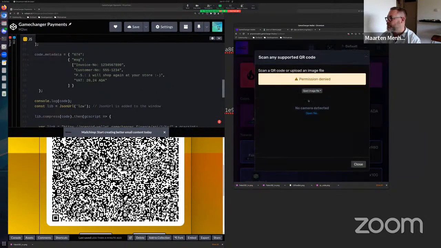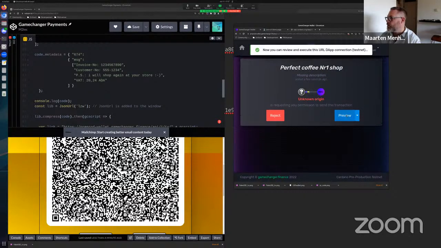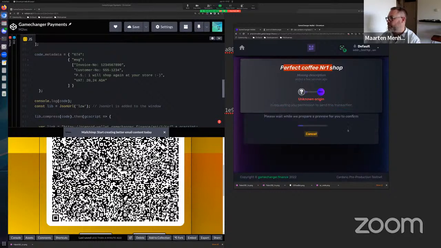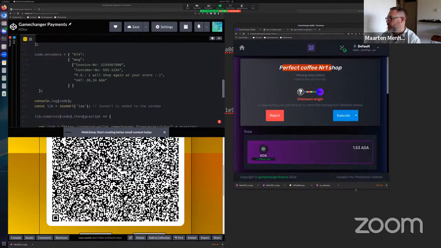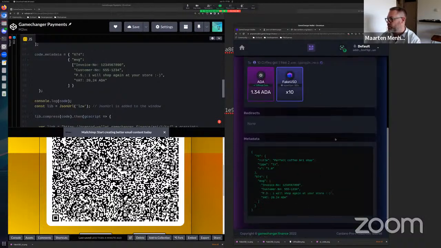Smart scan it. And here you can see the title is now different. So you can put, of course, the name of your shop here. And you can see here, we have now 10 USD and some ADA, including the transaction fee. And in the message, you can now see that there's some metadata to give your customer the ability to maybe import it into his bookkeeping